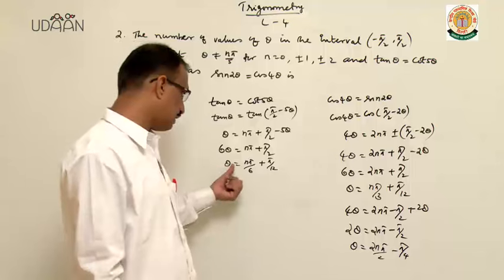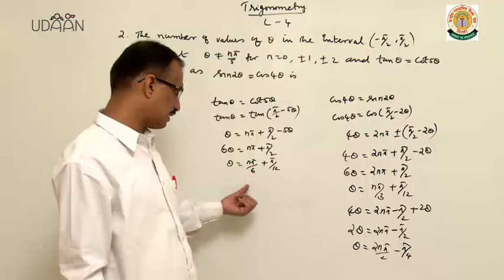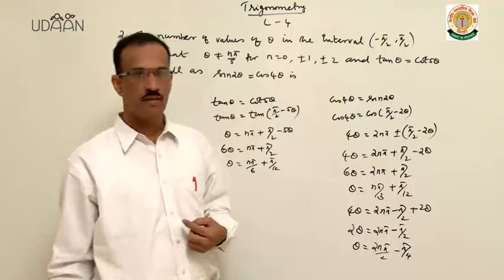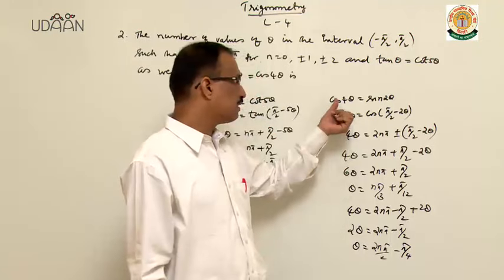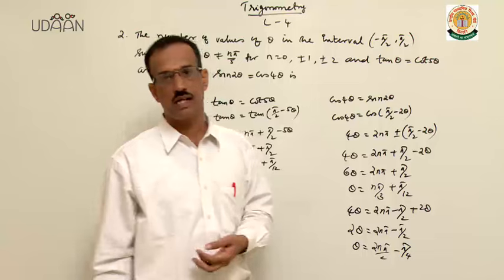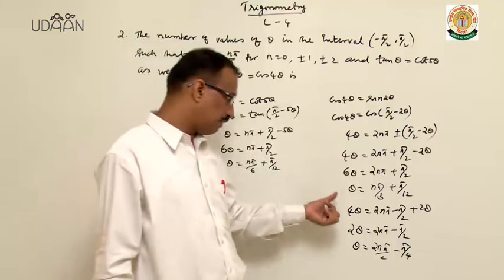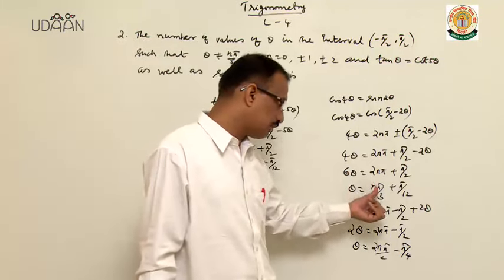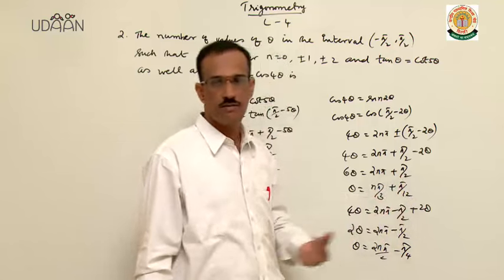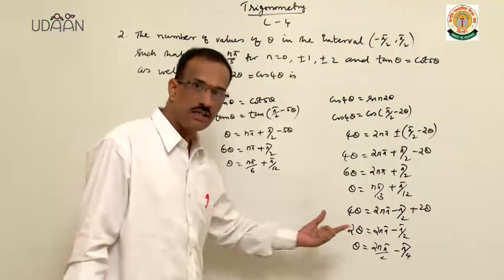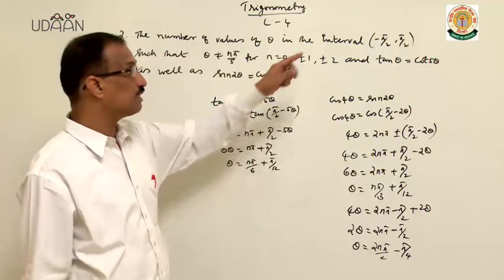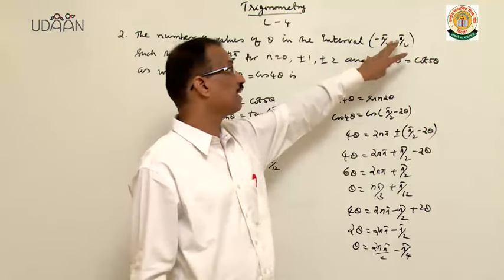From there, we get theta equal to n pi by 6 plus pi by 12. And the second one, from cos 4 theta equal to sin 2 theta, we get theta equal to n pi by 3 plus pi by 12. So, from these two, if you are taking the common values which lie in the interval minus pi by 2